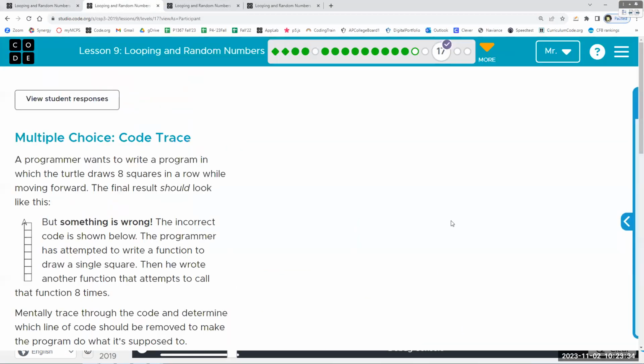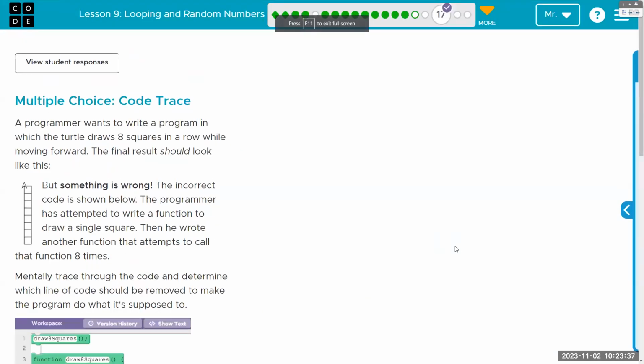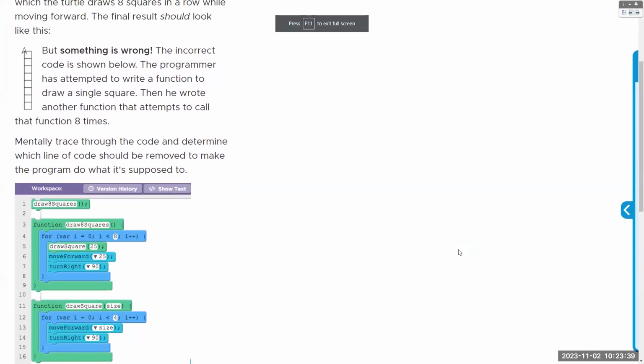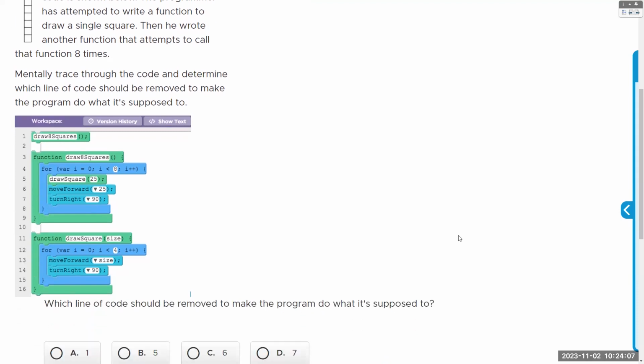Okay, bubble 17. All right, so there are going to be questions on the AP exam like this one. And I think they're one of the harder style of questions. Out of 70 questions, there might be a handful, like 5 or 6, maybe more, where they give you a chunk of code and ask what it looks like at the end of the code, or in this case, even harder, which line needs to be deleted in order for it to work.